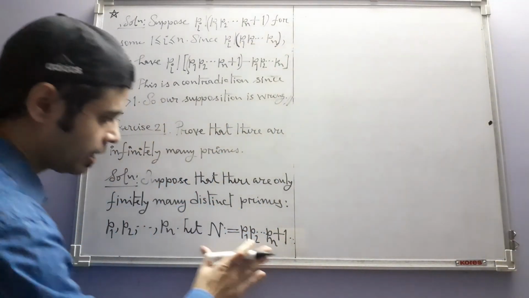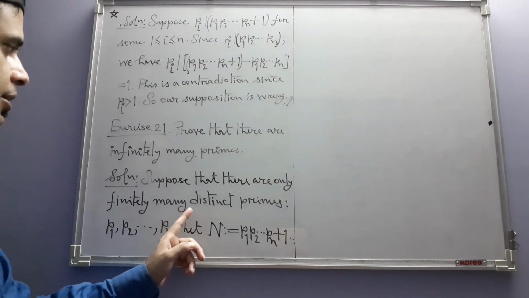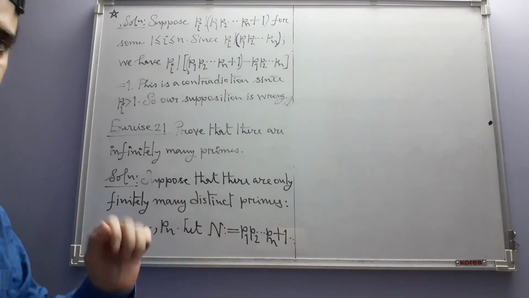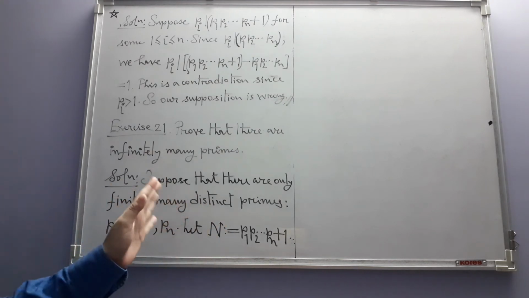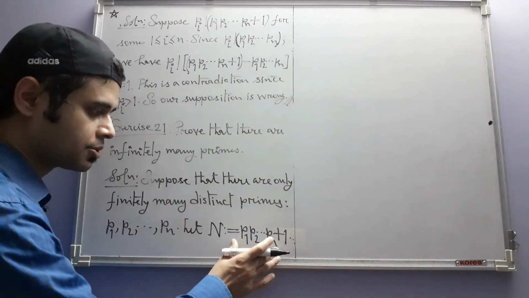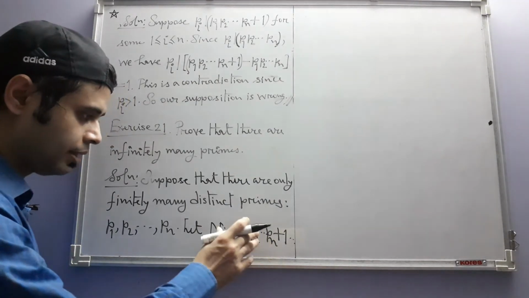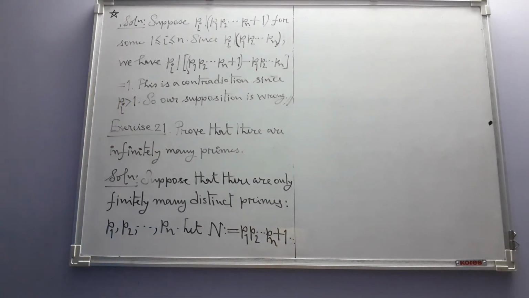Now look at this number n. Infinitely many distinct primes means we are considering positive primes. Negative primes we are not considering in this context. So all these are positive primes, so the product is a positive integer. That plus 1 is again a positive integer, that is greater than 1,